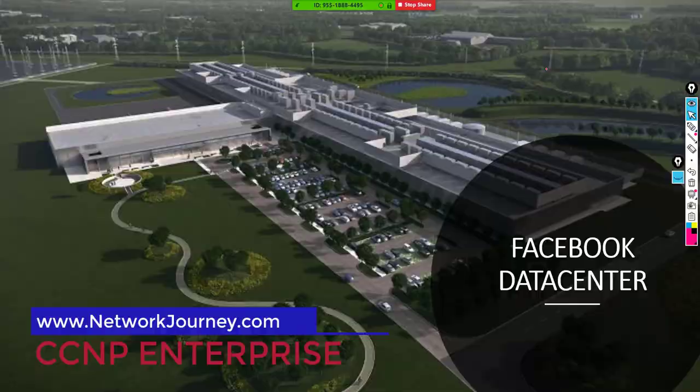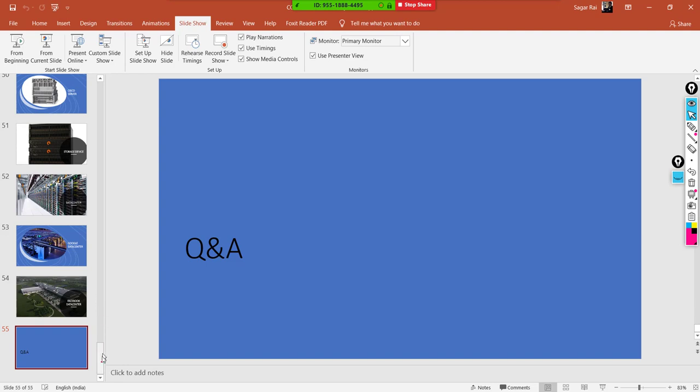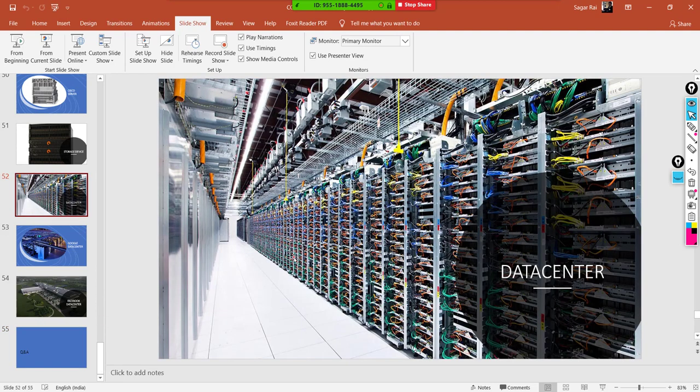Okay, one last thing here, and then I think we can see what to do next. The last thing here is the data center, which I've been talking about. Most of you would know what a data center is. For someone who joined the networking courses for the first time, let me tell you, a data center is a specialized building, or a very protected building or infrastructure,